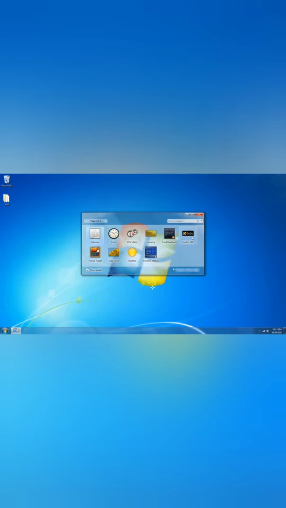It contains calendar, clock, puzzle game, weather and so many other things. If you want any one, just double click on that item. That gadget is coming on your desktop screen.